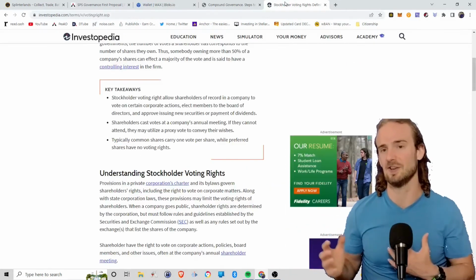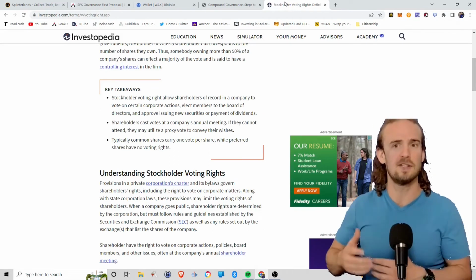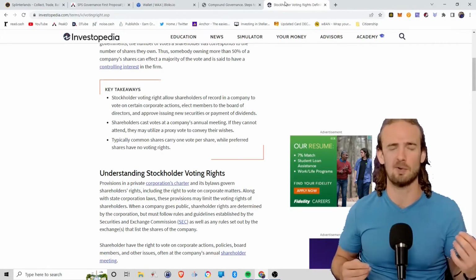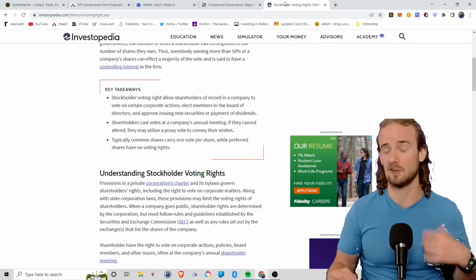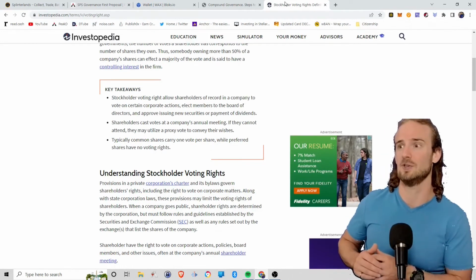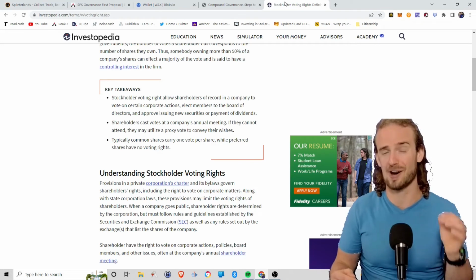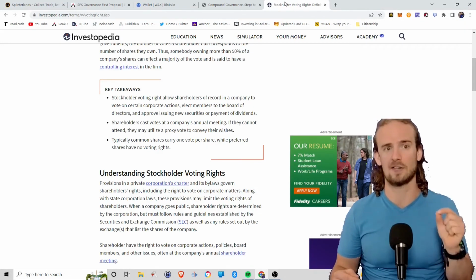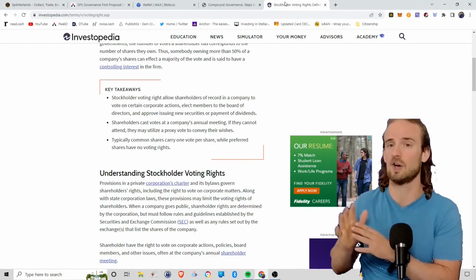Now, this is different than voting in the stock market, because when you vote in the stock market, you do get to vote on some things, right? So corporate actions, you get to elect board members, but you're not really voting on those day-to-day proposals. And especially if you're voting for a board member, you have no guarantees that they're necessarily going to do what you voted for. Whereas with the governance tokens, especially if we're actually voting to approve executable code, we have a very direct relationship with our vote versus how this cryptocurrency project develops.